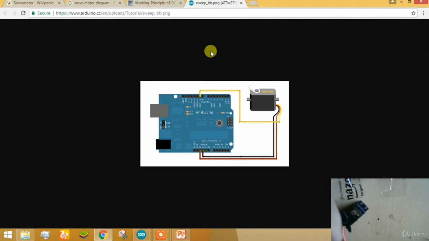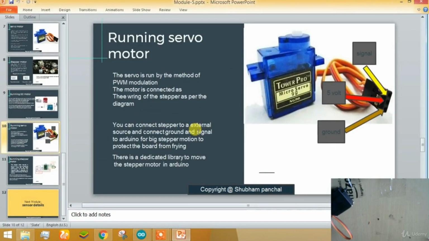But now we have to discuss how to connect a servo motor to an Arduino. See here, you can see that there are 3 pins in the servo motor. They are as follows. The first one is yellow, that is for signal. The red one is for 5 volt power, and the black one is for ground. Let's just see it in the diagram. I have made a simplified version of it. Here you can see that the yellow wire is for the signal that is connected to the analog pins of the Arduino. The 5 volt is connected to the board, and the ground is connected to the ground pin.